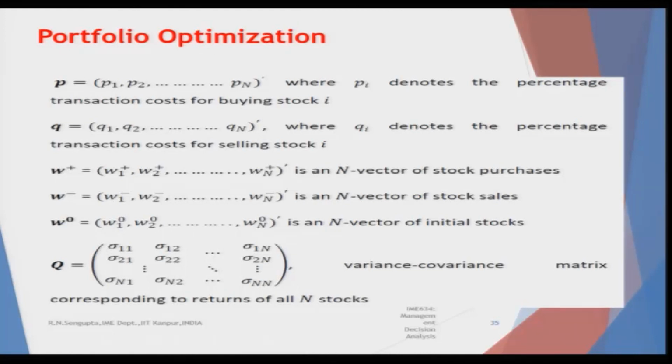Here are a few other important concepts which will be important later on. P_i denotes the percentage transaction cost for buying and selling. So, these are the transaction costs. How the transaction costs are coming has something to do with the concept, if you remember, the cost